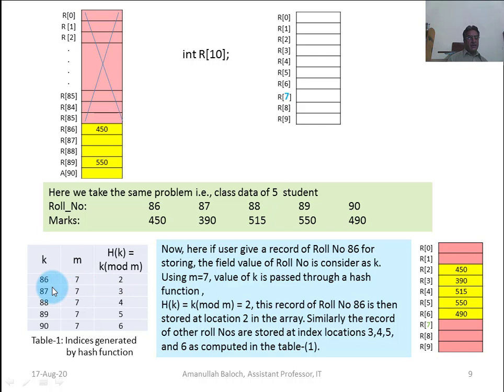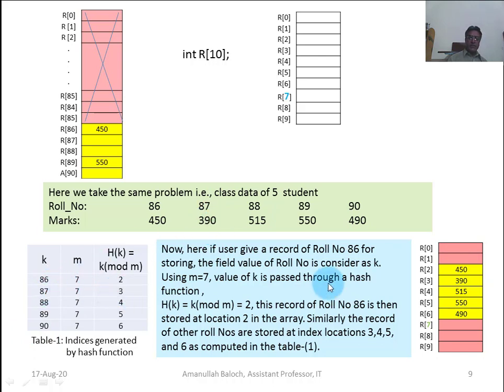That is, the hash function will apply on this 86 and it will give us this hash address, and at this hash index of the array we will store the record of roll number 86. The roll number 86 marks are 450, so at address 2, R of 2, we will store 450, and for 87 the marks are 390 and the hash address is 3.